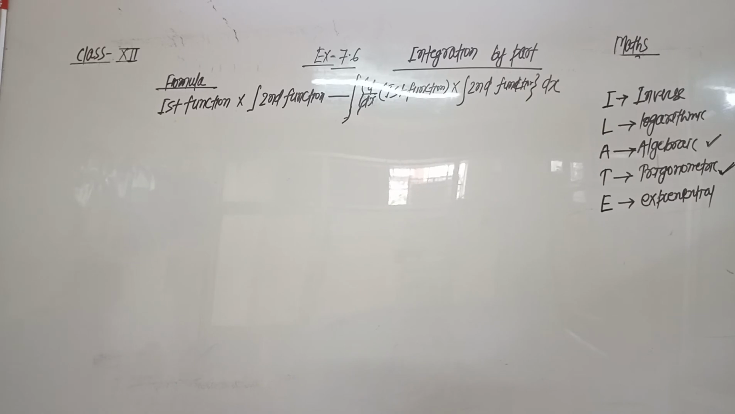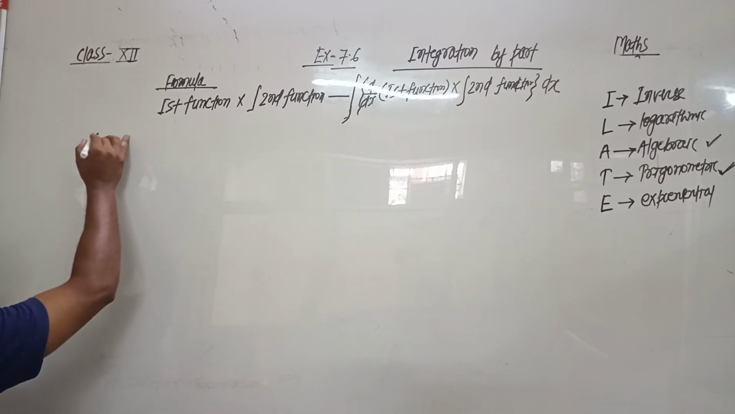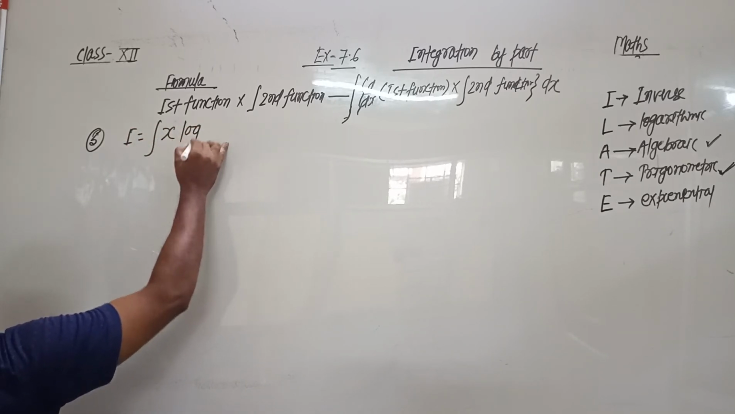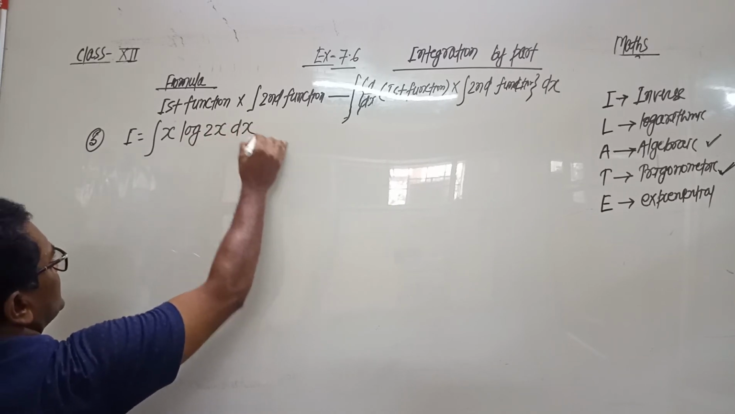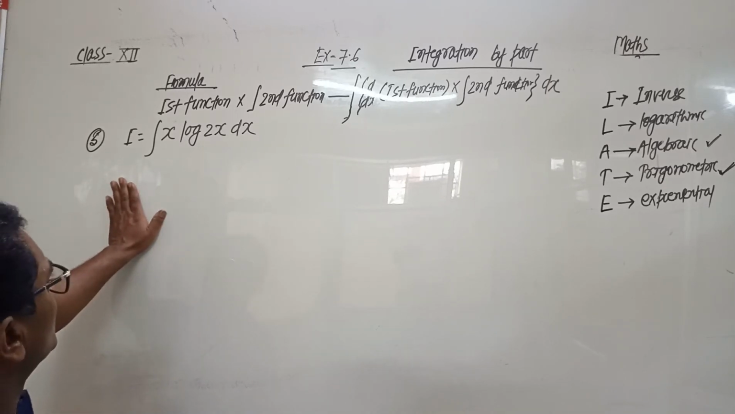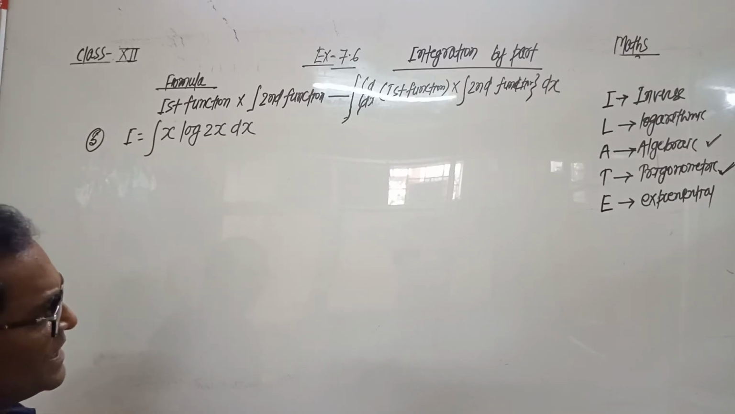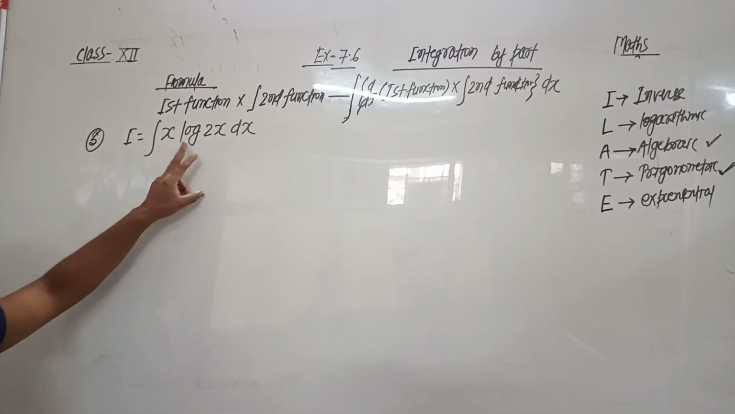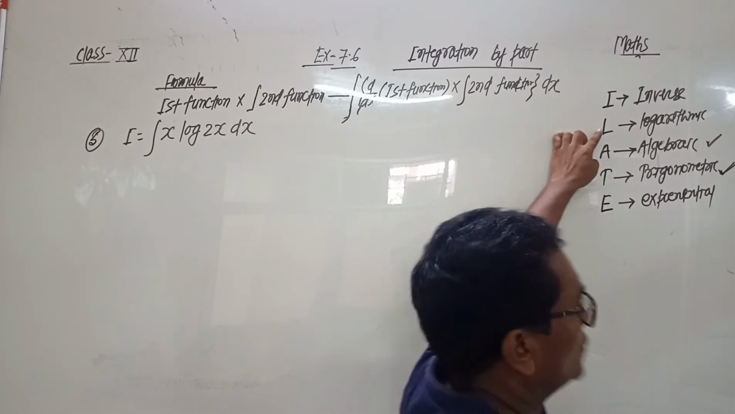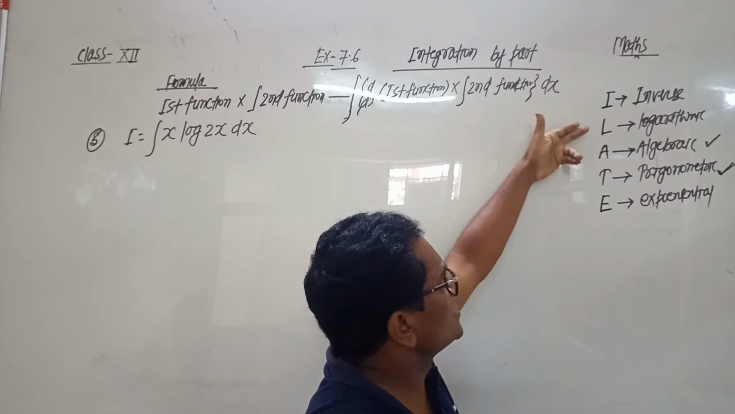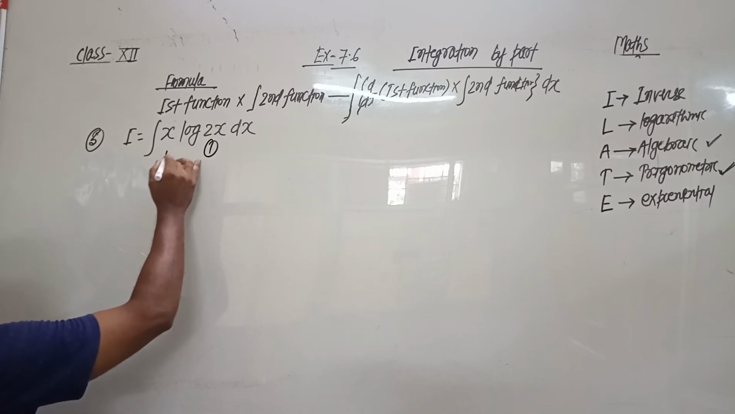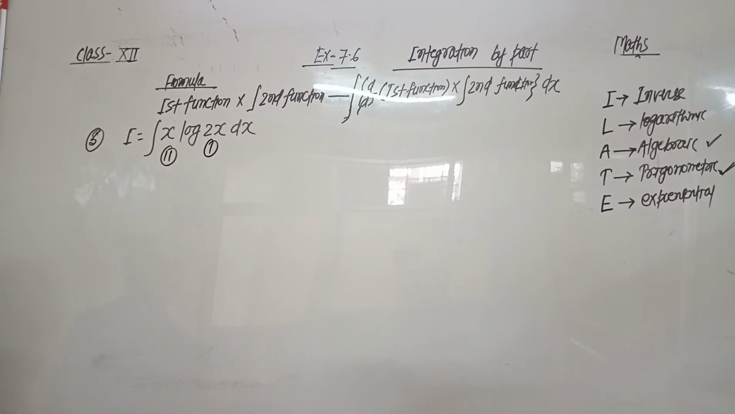Question number 5, integration x log 2x dx. So we have to choose the function. There is an algebraic function and a logarithmic function. So the logarithmic function comes first. So the logarithmic function is taken as the first function and the algebraic function is taken as the second function, and we